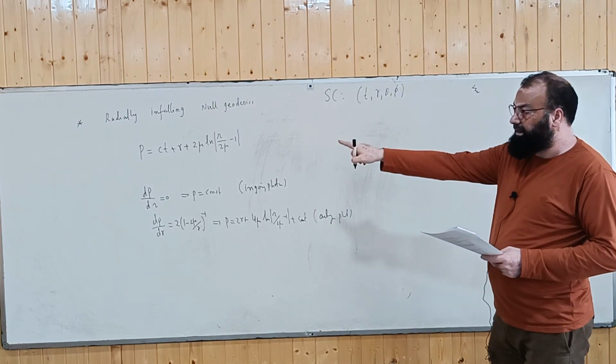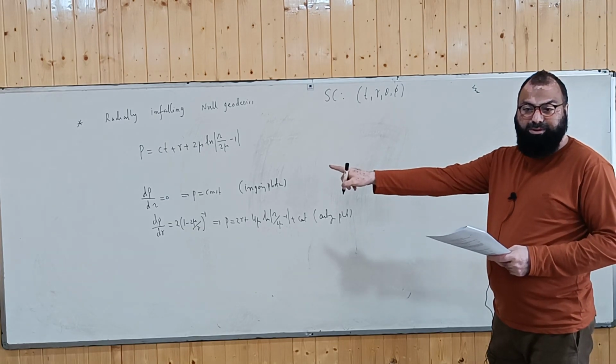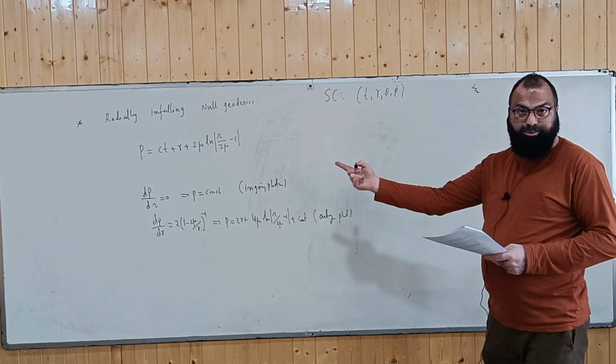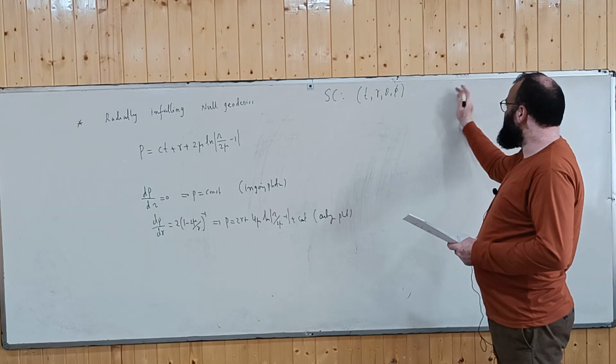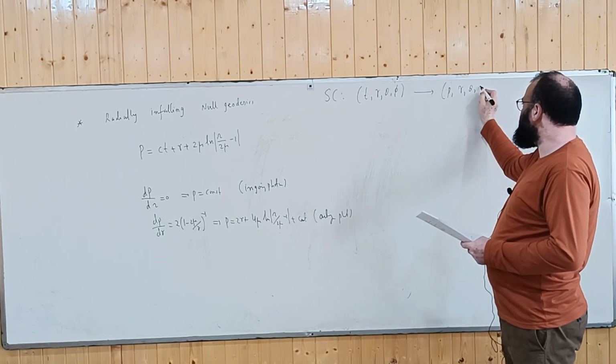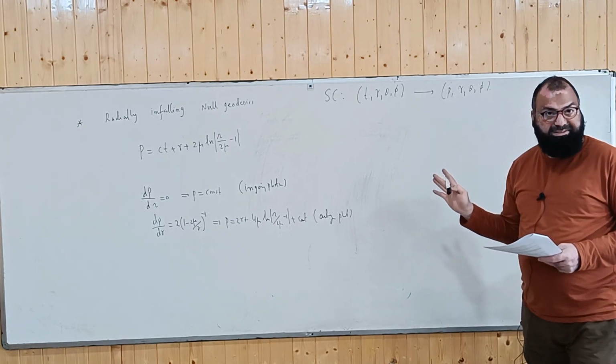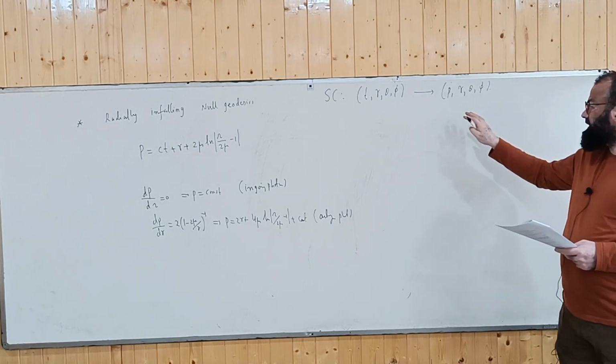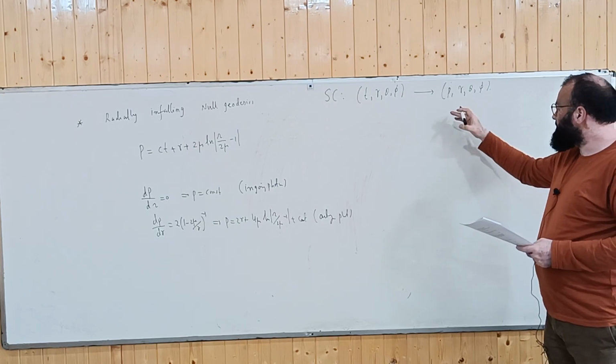Clear? Now, when I introduced this very coordinate system, what did I remove? We removed t, is it? So we had this very coordinate system. Then we moved to p, r, theta, phi. Yesterday we have seen it. Clear? So this kind of coordinate system, we call this as